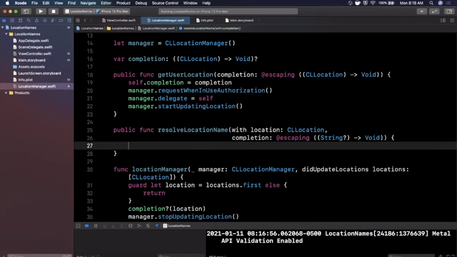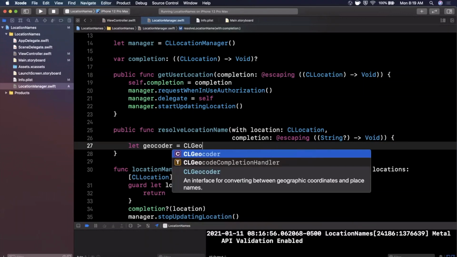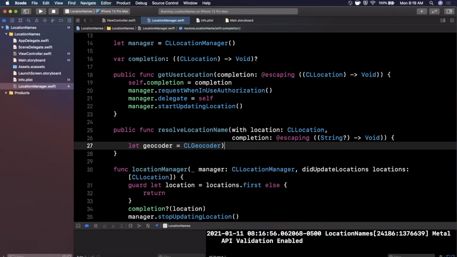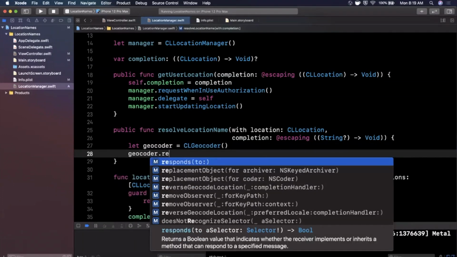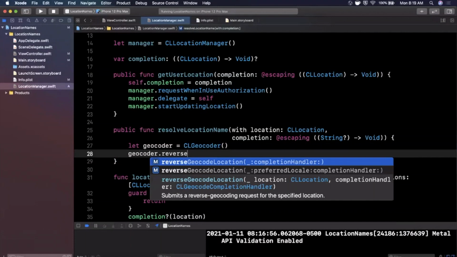So cool. So in here, we're going to go ahead and say we need a geocoder. So geocoder, which is, I believe, a CLGeocoder, just like that. And this geocoder object has a function on it to reverse geocode. So you can say reverse geocode, and there's 2 of these. So if we take a look at them,